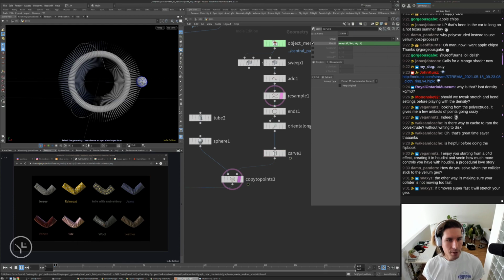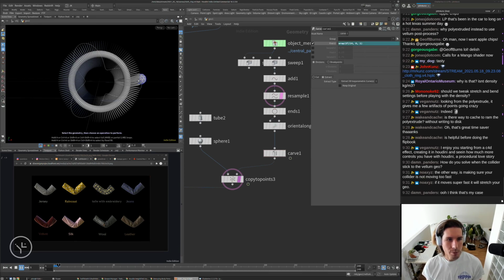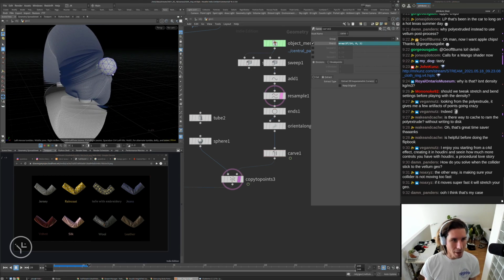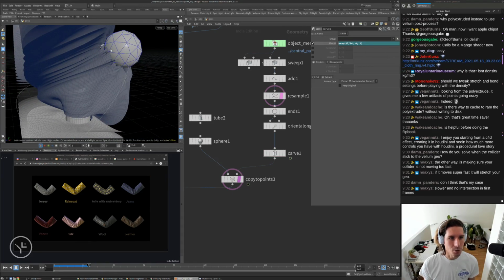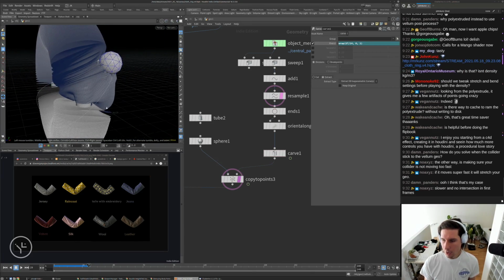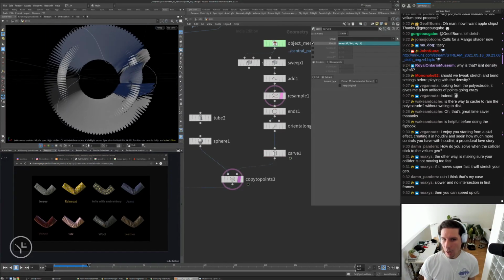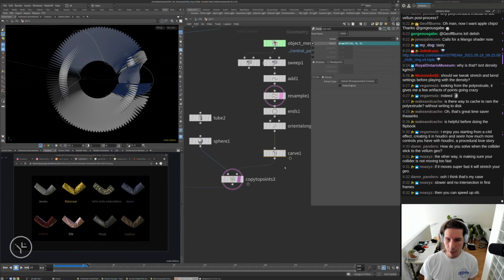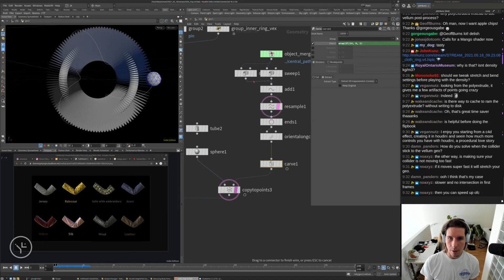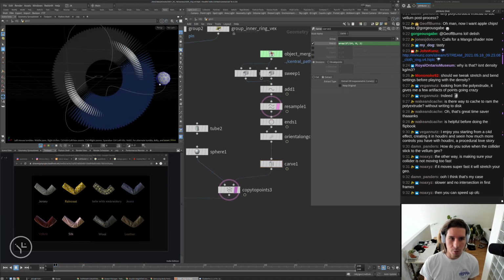But I've usually found that even if you do make it slower, the Vellum solver, I think, always tries to attach initially penetrating geometry to the collider, if that makes sense. There are some attributes you can add to disable collisions for a little bit. But yeah, I always think that if you can avoid initial penetration,